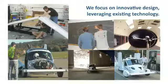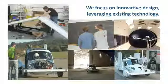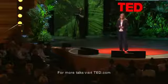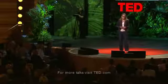Now, since we started Terrafugia about 6 years ago, we've had a lot of those baby steps. We've gone from being 3 of us working in the basement at MIT while we were still in graduate school to about 24 of us working in an initial production facility outside of Boston. We've had to overcome challenges like keeping the weight below the light sport limit that I talked about, figuring out how to politely respond when a regulator tells you, but that won't fit through a toll booth with the wings extended,